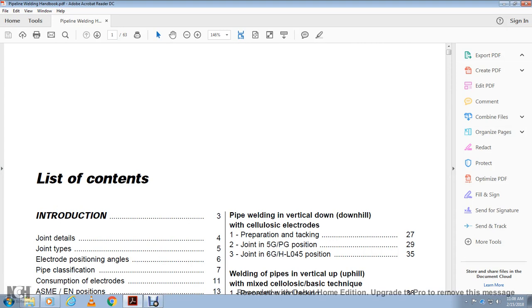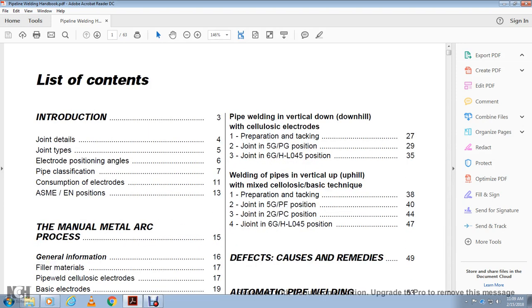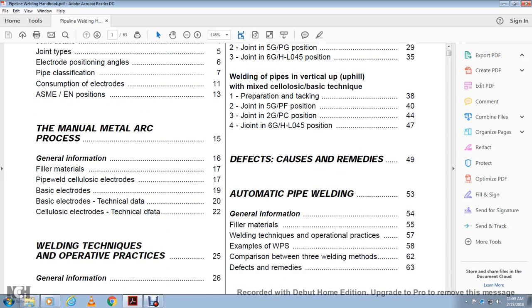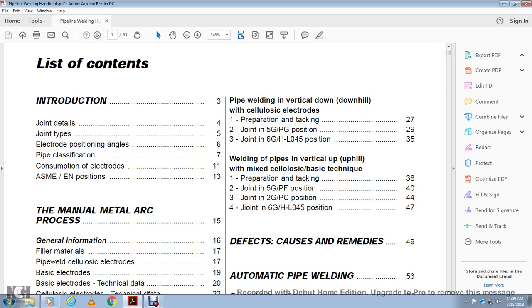Pipeline Welding Handbook. List of contents: introduction, joint details, joint types, electrode position angles, pipe classification, consumption of electrodes, American Society of Mechanical Engineers, EN positions, the manual metal arc process, general information, filler metals, pipe welds, cellulosic electrodes, basic electrode technical data, cellulosic electrodes technical data, welding technique, operation practice, general information, pipe welding vertical downhill, and with